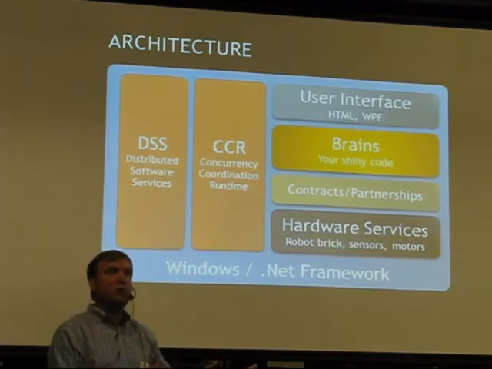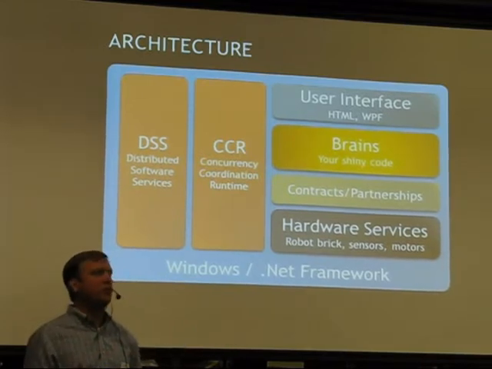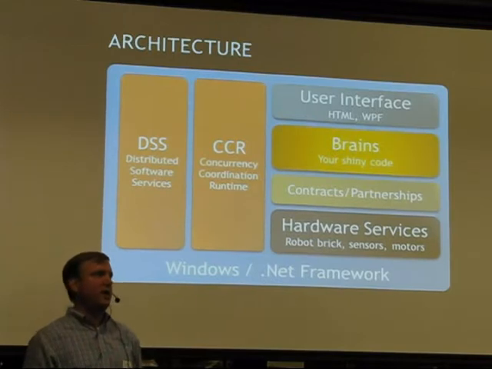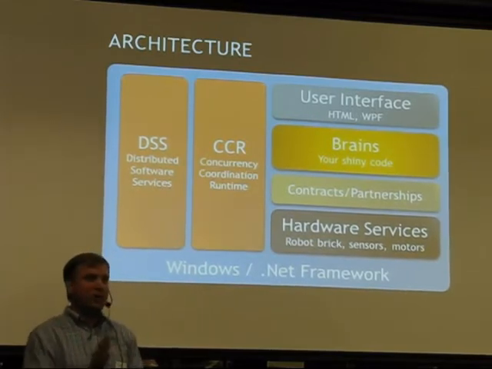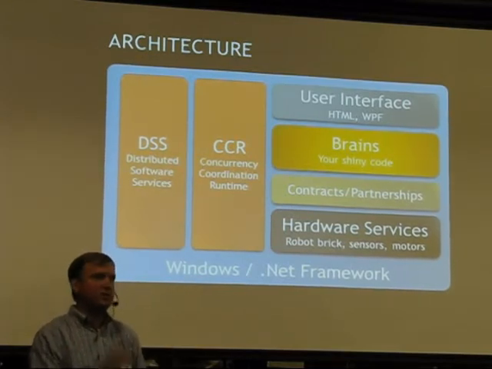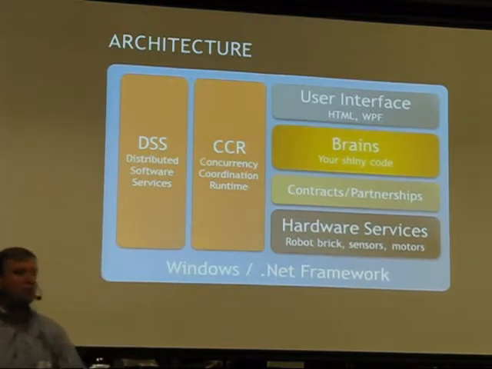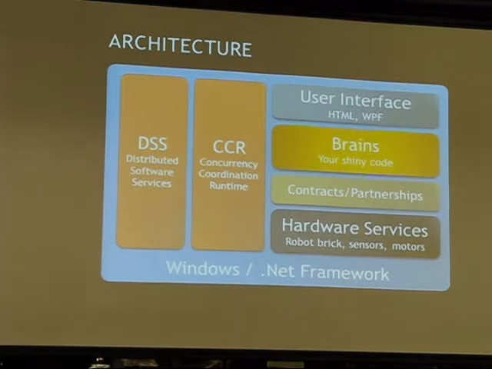And it means my core code is portable, because all these guys have implemented their version of what drive means, or what depth sensor data coming back looks like, or what a touch sensor is. Touch is binary, it's either on or off, and I don't care, as long as I get that bit that's either true or false, that's all I care about. I don't care about what happened underneath. And so that's what these contracts are. It makes coding a lot easier because all that complexity is taken away.